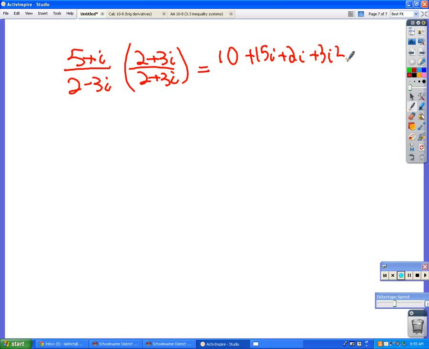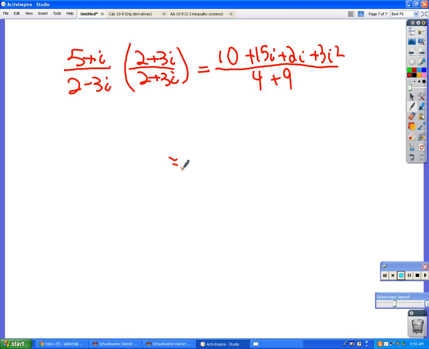So you had the 10 and the negative 3, but you missed the 15i and 2i. Now down here on the bottom, we don't have to do all that. Because we know, by the way we chose what we're multiplying by, that the outside terms are giving positive 6i, the inside terms are giving negative 6i, and those will cancel. So all I need to do on the bottom is go 4 plus 9. Because negative 3i times positive 3i gives negative 9i squared, but then i squared is negative 1, which changes it back to positive.